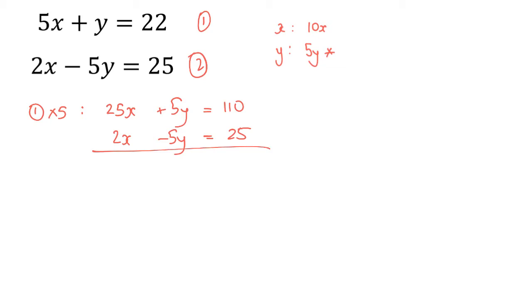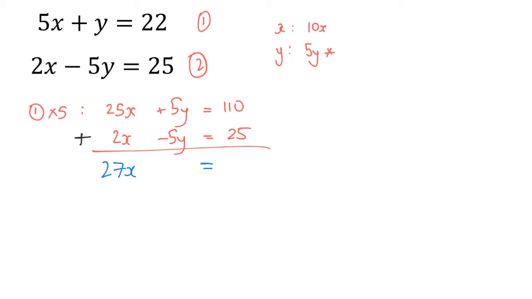Now, what we need to do to these two equations to get rid of the y's is add the two equations. The signs of the y are different, one's a plus and one's a minus, and if you add those together, that'll get to 0. So if we add these two together, what we get is